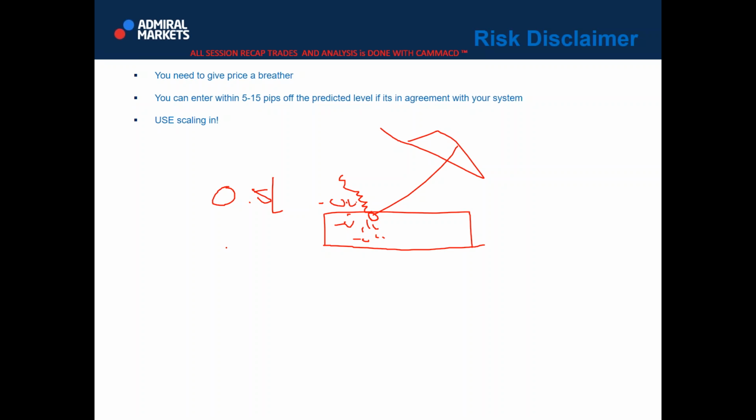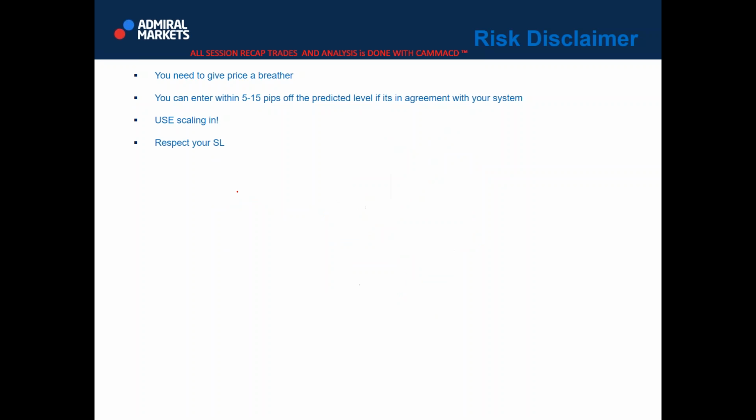But of course, it's up to you and it's your money, so you can trade whatever you think is appropriate. Respect your stop loss. Always, guys, respect your stop loss, because your trades ultimately will depend on it. Add the spread to your stop loss. Let's say you have a 50 pip stop loss, try to add at least 2 or 5 pips to it, not more than this. I know that with Admiral Markets we have very low spreads, especially on an ECN account, but sometimes it's good to cover the spread and commission cost with your stop loss.